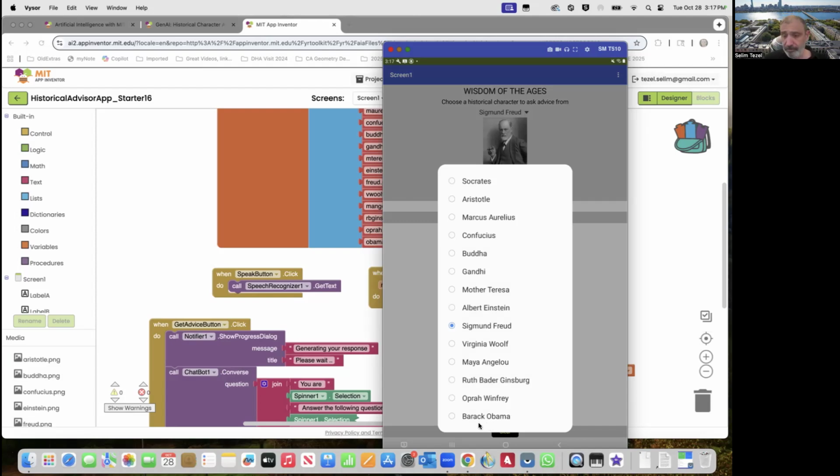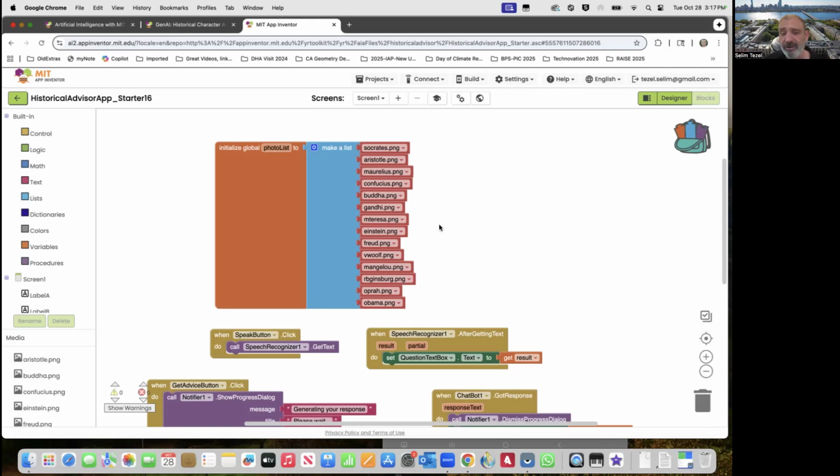Of course, there needs to be enough information about your personal heroes on the internet, because that's how the large language model got trained. But if you do so, make sure that you maybe put it at the very end. Whatever order you put, make sure you have the photograph of your favorite character in exactly the same order, added here in the photo list.